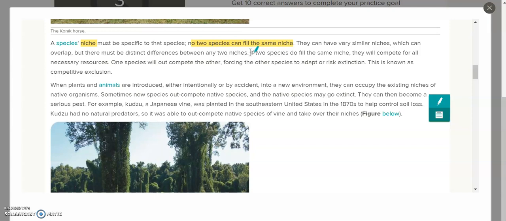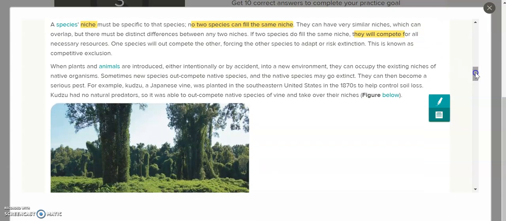But if two species do fill the same niche, they will compete. So they will compete for all of the necessary resources. That makes sense, right? If you have two people trying to do the same thing, they're going to end up